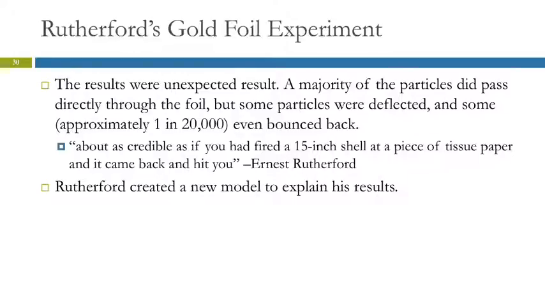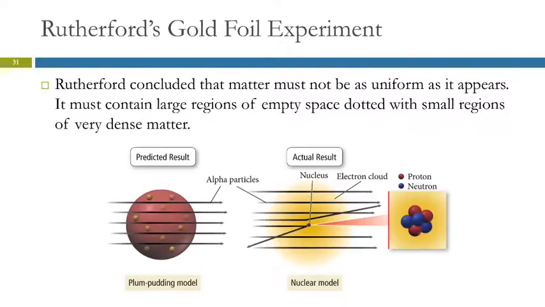We come up with a different explanation. Okay, so we've got more information, we come up with a different explanation. So this was the plum pudding model. We've got this positive charged sphere, which is really nothing. And then we've got these electrons just kind of scattered about like blueberries. These particles going through, anywhere there was the muffiny part, you would expect that they would just go through. Well, they did go through, but some of them bounced back. There must be something in there that they can bounce off of.